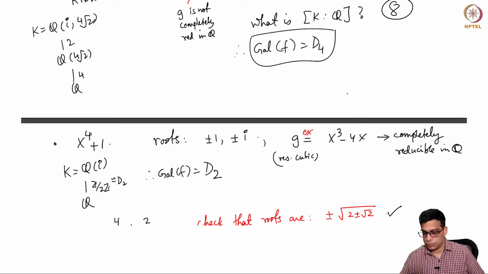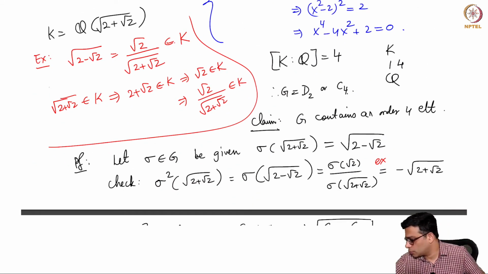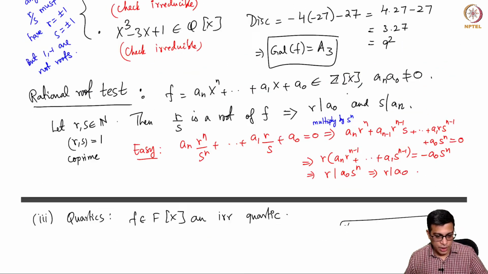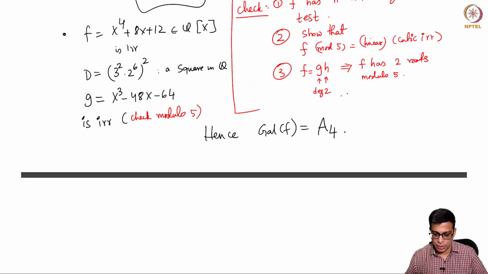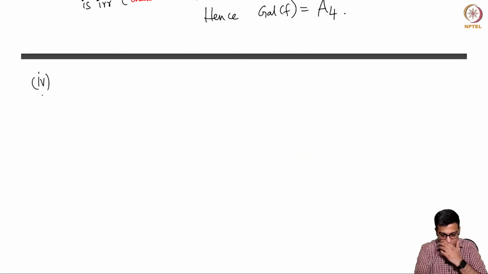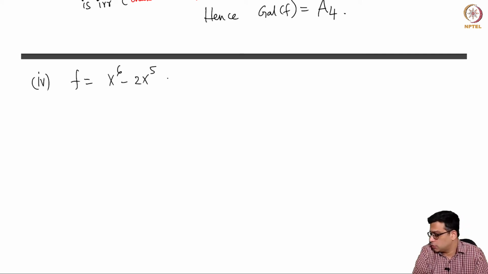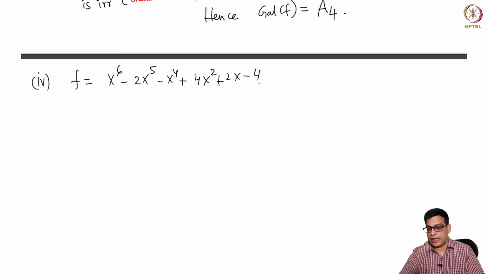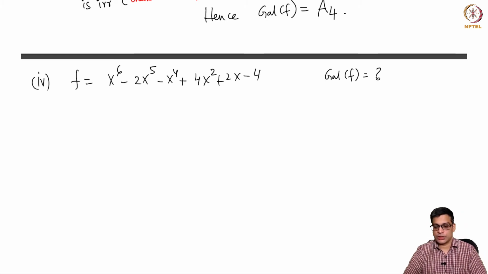Okay, so let's see. So I want to find where I wrote this. So degree 5 we have considered earlier, and so last thing I'll do. So I give you a polynomial of degree 6 like this. So x power 6 minus 2x^5 minus x^4. I hope I have done this calculation correctly. But you will see this is a trick question. So what is the Galois group of this? Of course, it looks very strange, and you have no way of doing this for degree 6.